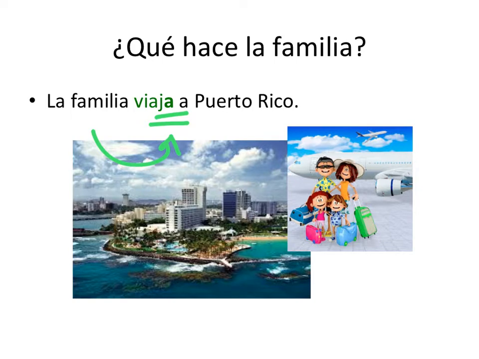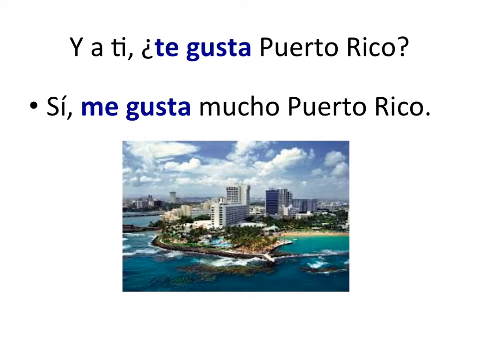This verb viajar is on page 38 and has different forms. Yo viajo. Nosotros viajamos, right? However, when we express likes about traveling or going to Puerto Rico, te gusta. Do you like Puerto Rico? Sí, me gusta Puerto Rico. But really we're saying Puerto Rico is very pleasing to me. To me. Me gusta. Te gusta. It functions completely differently.